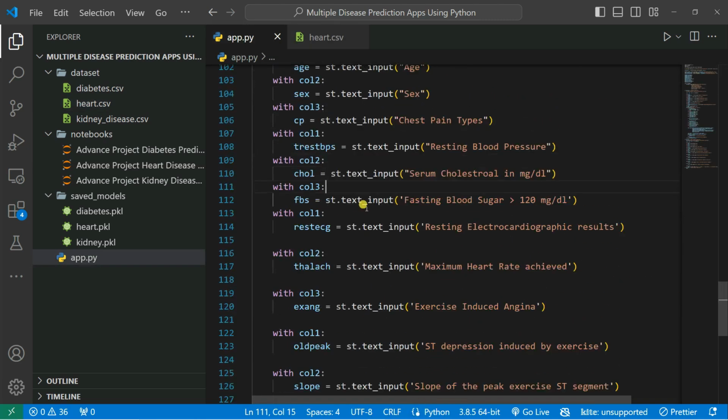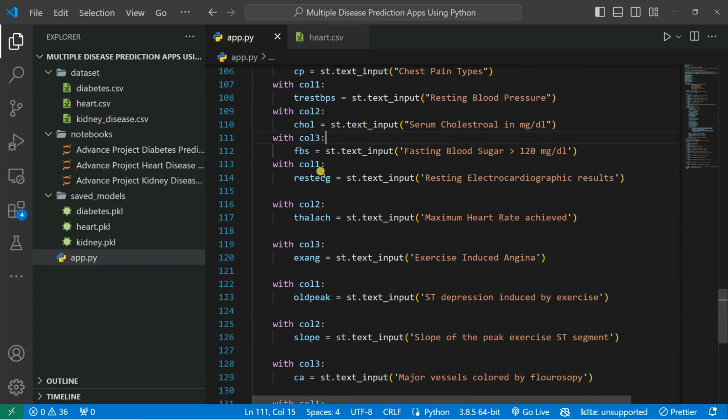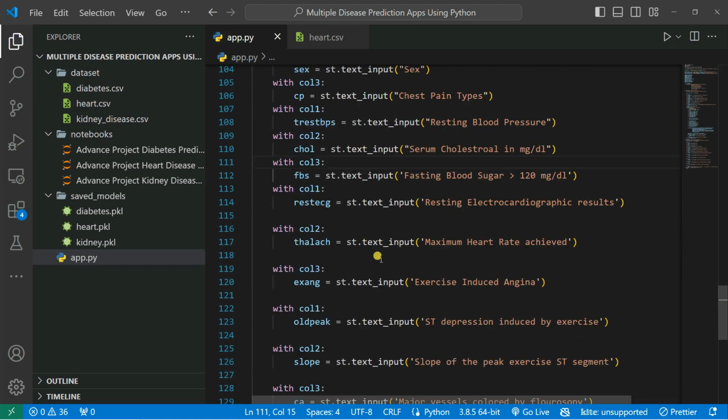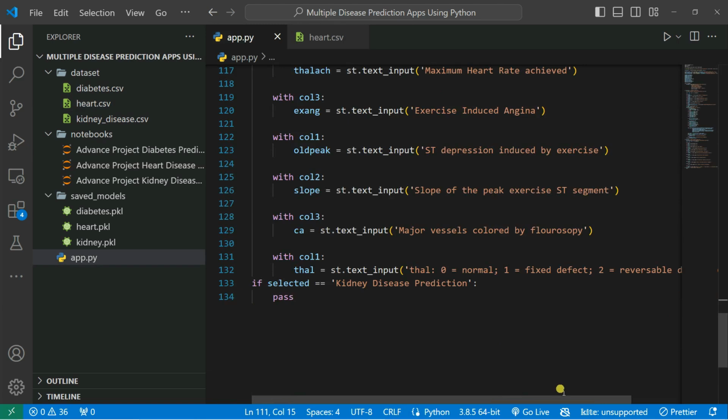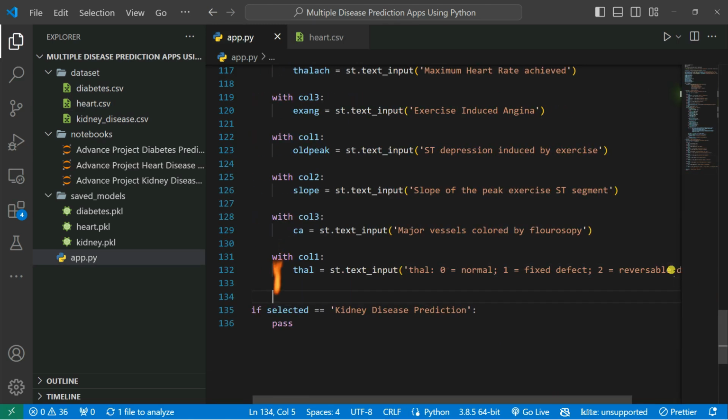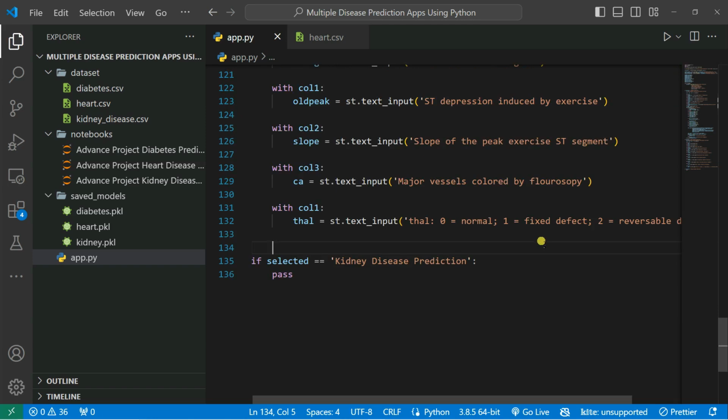Inside this app.py, I'm simply adding all of the columns with column number 1, column number 2, like that. So now what I can do is create one user input, like I did earlier for the diabetes predictions. I'm going to take one button. Let's say if the button is selected,